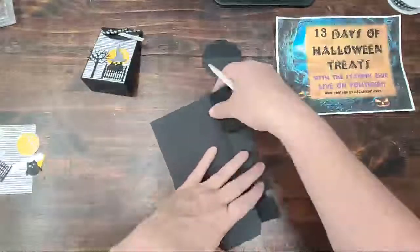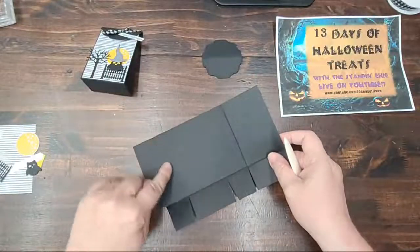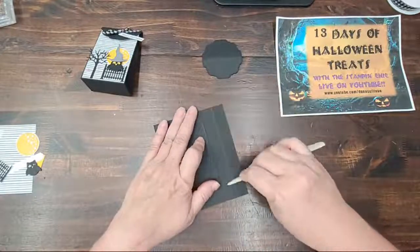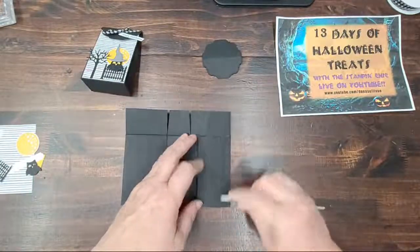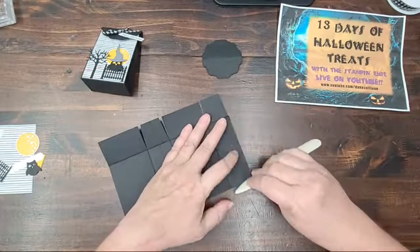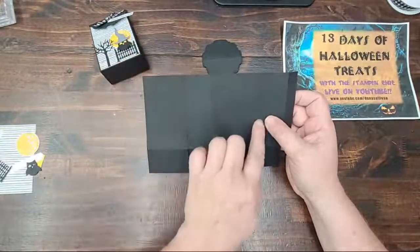There we go. And then on the sides, we're not going to worry about those center pleats on the ends, okay? Just skip right over them. For right now, we're not going to worry about them at all. We're just going to score for the edges of the sides and the front and back. Okay, there we go. All right, so now I've scored this line, this line, this line, and this line, and